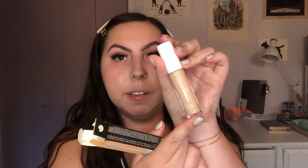This is the e.l.f. Camo Concealer. I know a lot of people online have been raving about this concealer. I'm pretty late to the game, but I'm very excited to try this. So I decided to get the hydrating version just because lately I've been preferring something a little bit more hydrating underneath the eyes. So they say camouflage those pesky spots and under eye circles with this high coverage, hydrating, and